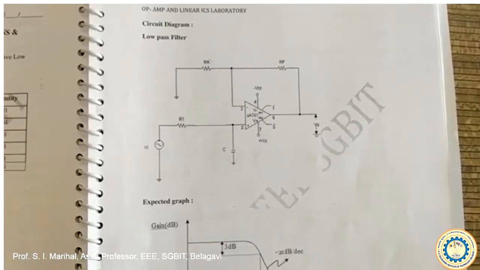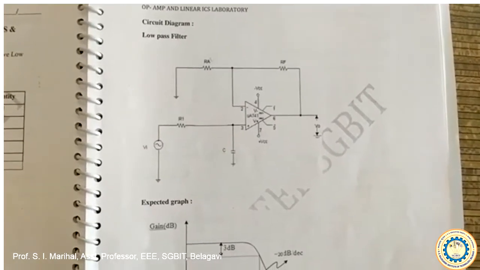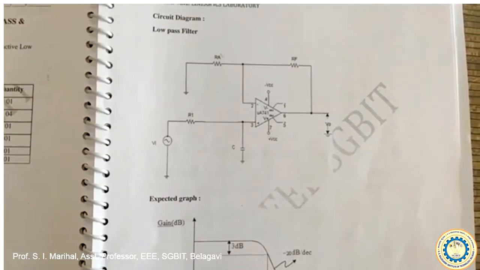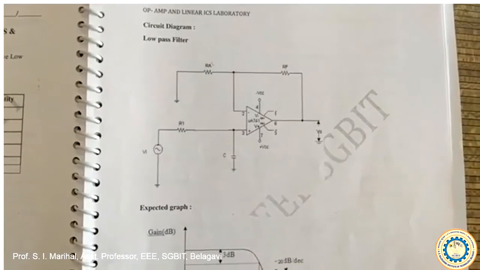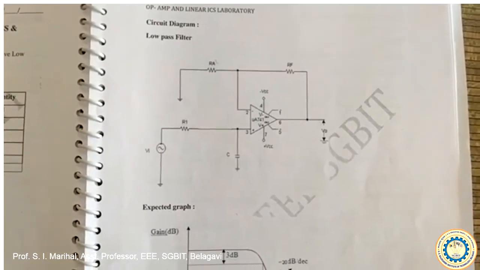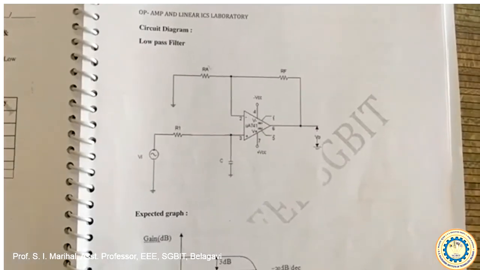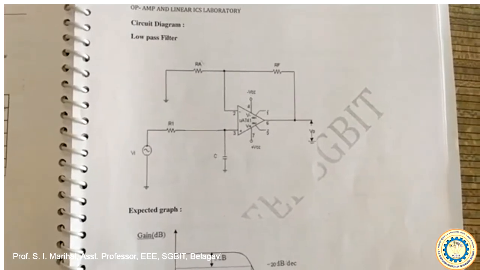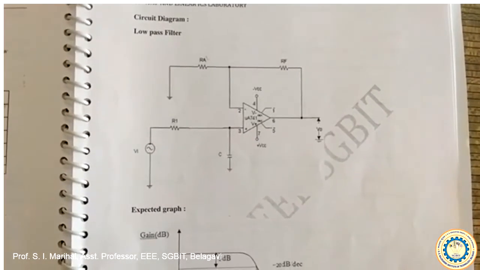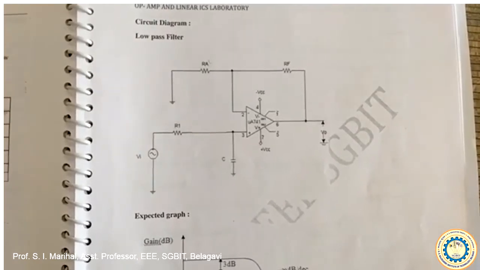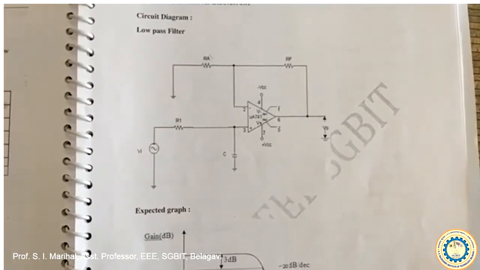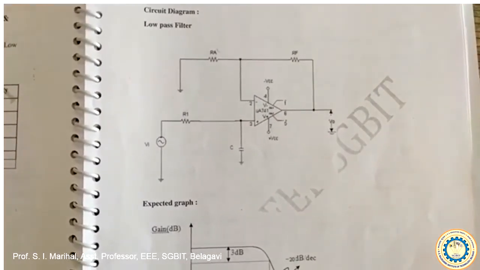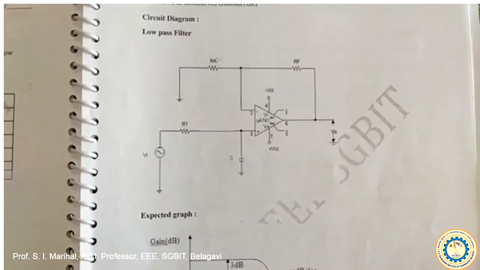A low pass filter is a circuit which allows the signals within the cutoff frequency value. So this circuit will be designed for one particular cutoff frequency, and for any frequency below that cutoff frequency, all the signals will be passed at the output, and the remaining signal frequencies above the cutoff frequency will be filtered. As we can see, there is a resistor connected in series with the capacitor at the input side of the filter circuit, and then we have a basic non-inverting amplifier op amp.